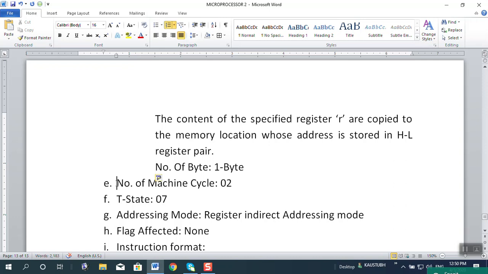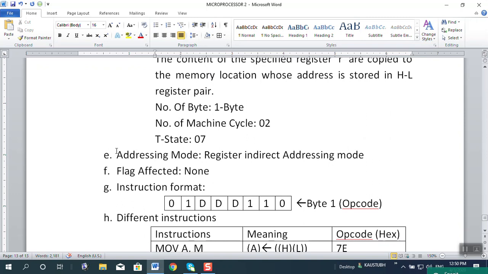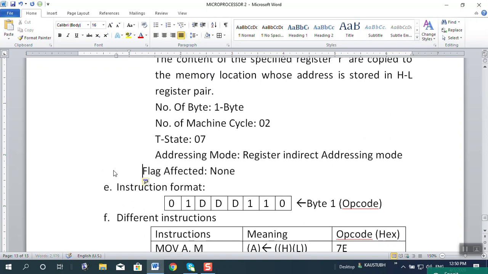So here also number of byte 1, machine cycle 2, then T state 7, then addressing mode also register indirect, flag affected none, and the instruction format